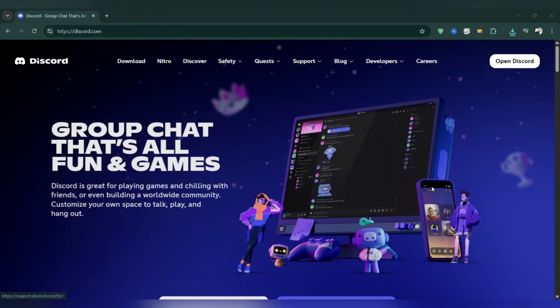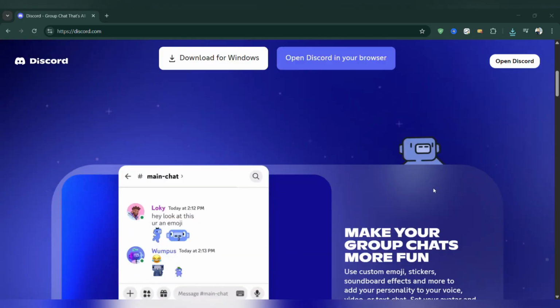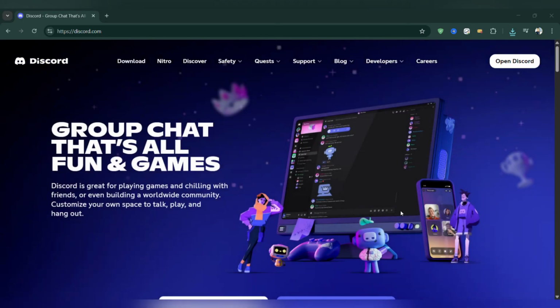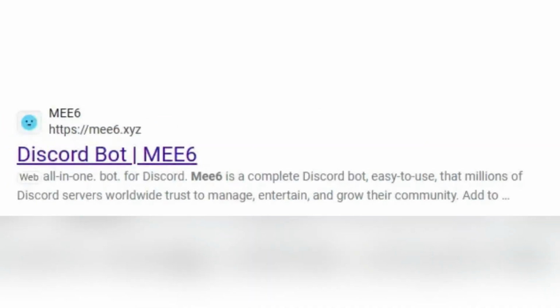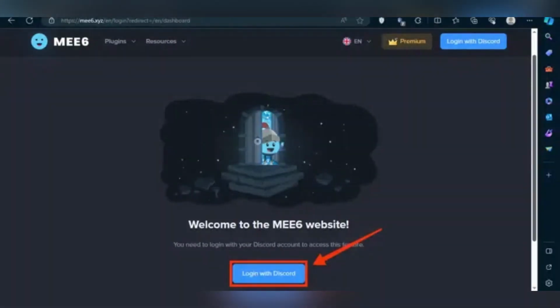In this video, I'll show you how to automatically assign roles to new users on Discord using reaction roles, which is one of the most popular and flexible ways to manage a growing server. Auto-assigning roles helps you keep your server organized, improves engagement, and saves you from manually assigning roles to every new member. One of the best ways to do this is through reaction roles, where users get a role simply by